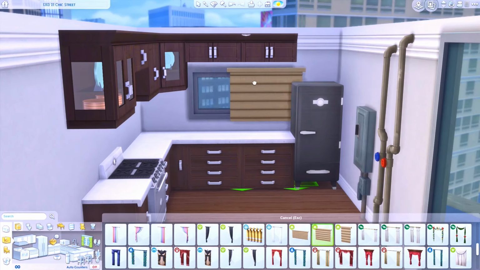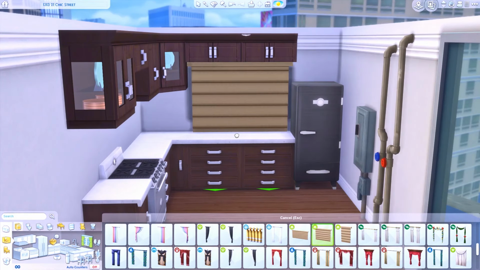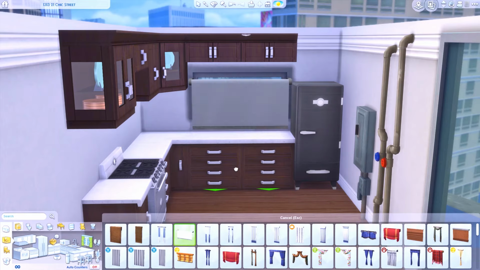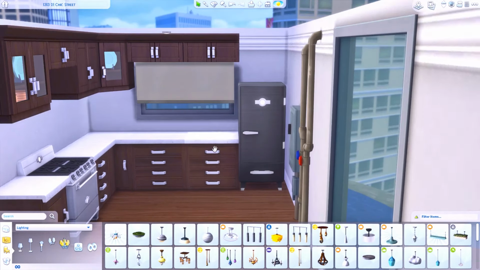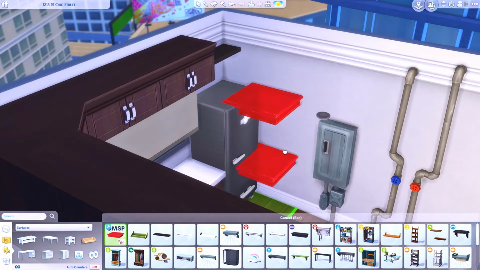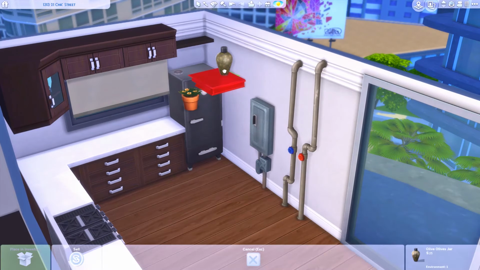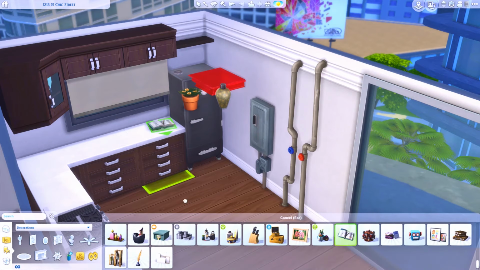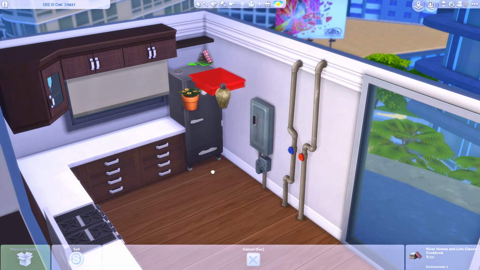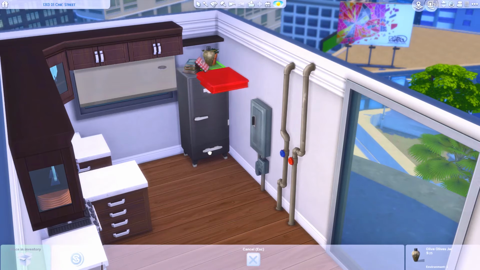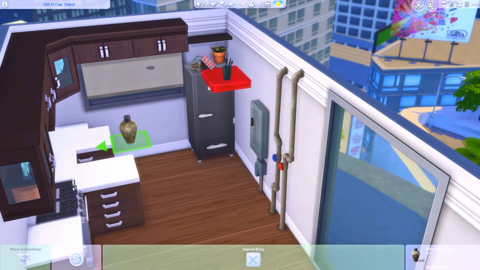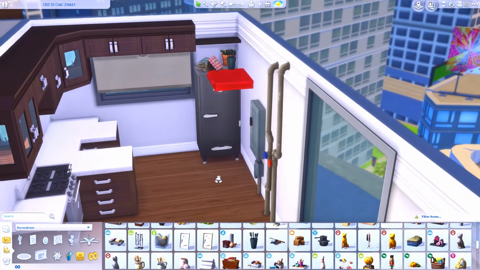And there's this one apartment in, I don't even know what district it is, but if you look in the top left corner you will see the name of the apartment. And I've looked at this apartment so many times and I've never known how to actually just build an apartment in it, because it's such an awkward shape and I've always just struggled with it. And I just kind of played around with the floor plan for a little bit, and then I kind of figured out what I wanted to do, and I just kind of felt like this apartment would be really ideal